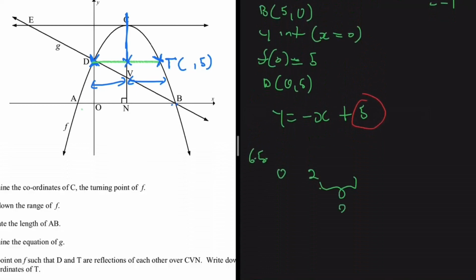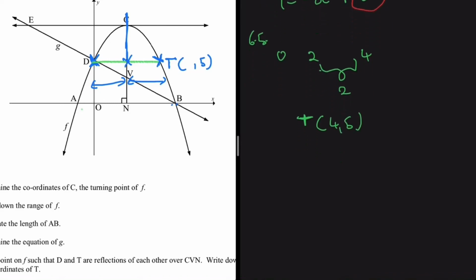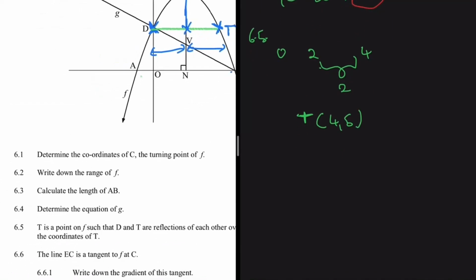So if we add 2 to 2, we get 4. Now the coordinates of T, the reflection of D over CVN, will be 4 and 5, right? And that's how you essentially determine it. And then